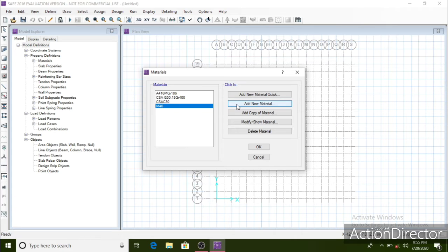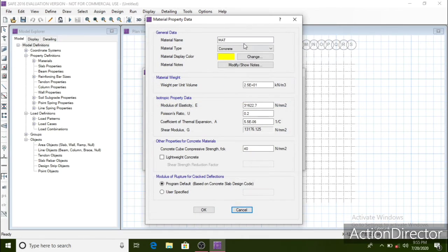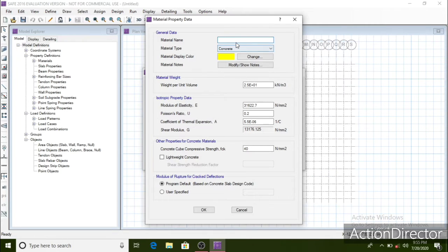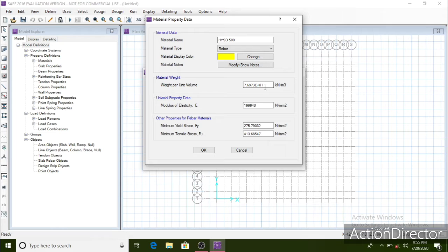Now we need to add HYSD 500 grade rebar. So click on add new material. Enter the name as HYSD 500. Select the material type to be rebar. The weight per unit volume will be 77 kilonewton per meter cube.